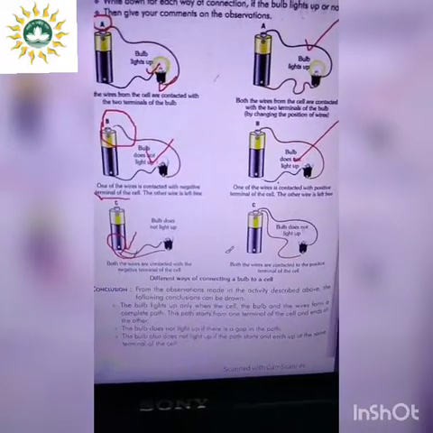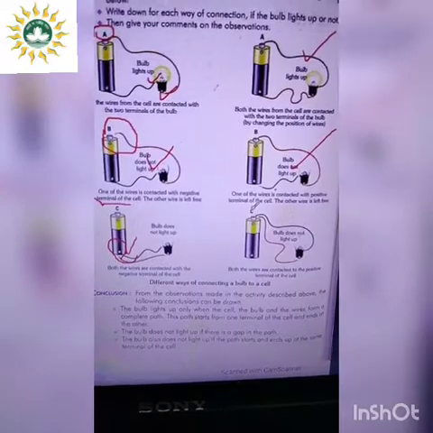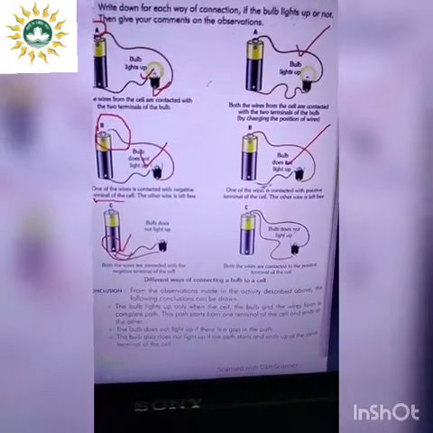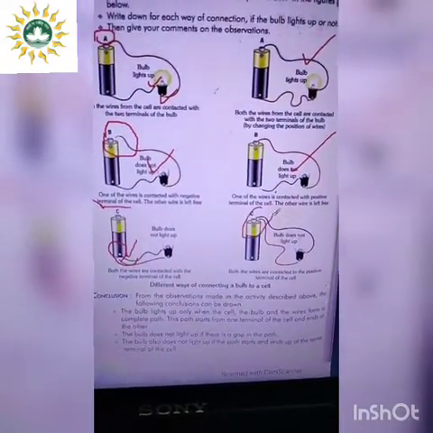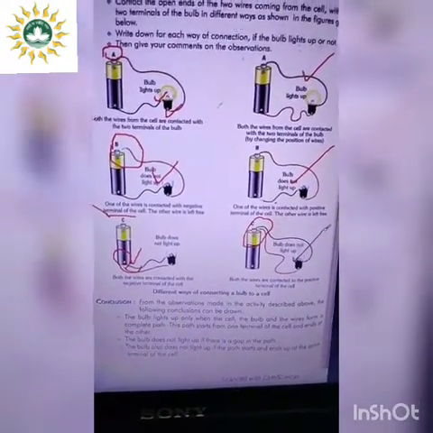And similarly, if only the positive terminal of the cell is connected with the two terminals of the bulb, the bulb will not light up in this case also.